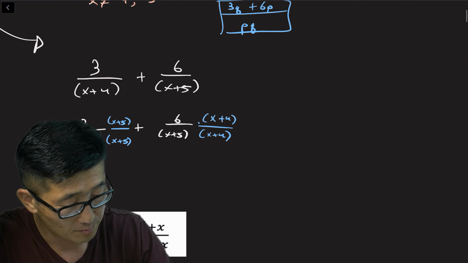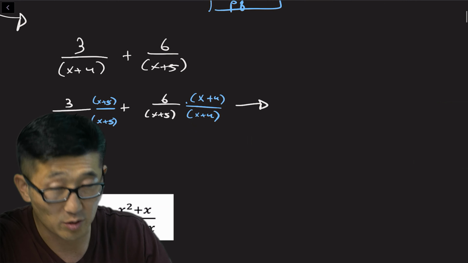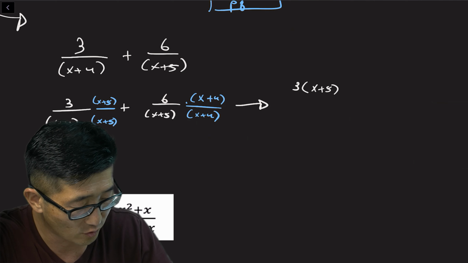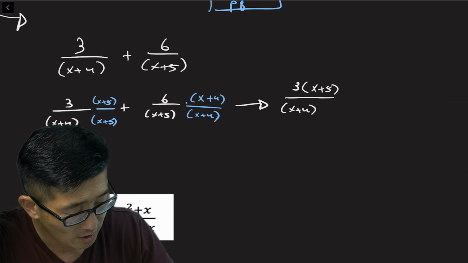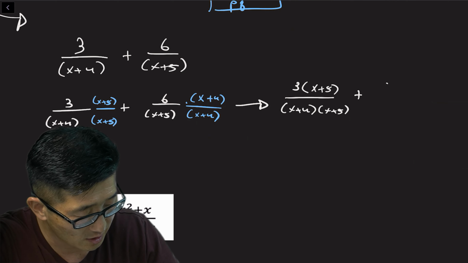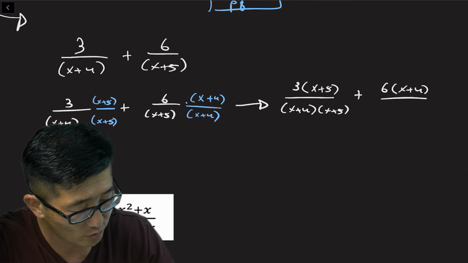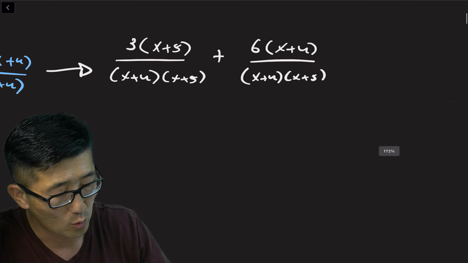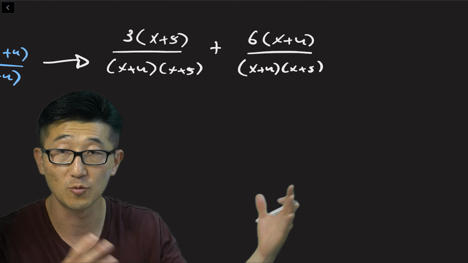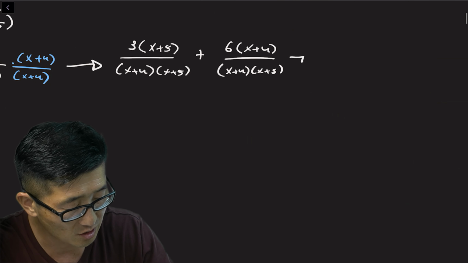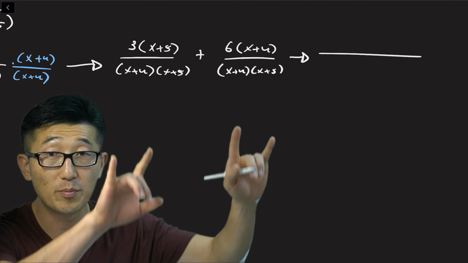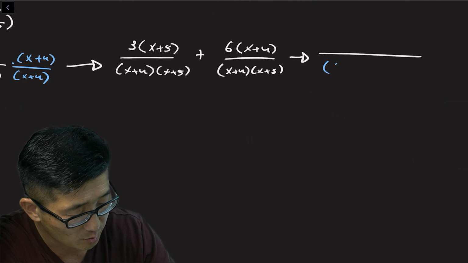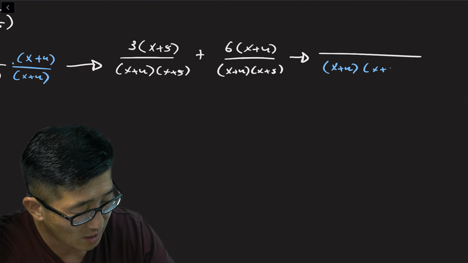Let me move to the right. And so what you're going to do is basically rewrite this as one fraction, 3 parentheses, x plus 5 over x plus 4, x plus 5, plus 6 parentheses, x plus 4 over, again, x plus 4, x plus 5. Once you have a common denominator, you combine the fractions into one single fraction. You don't repeat the denominator. I know some of you have done that. You just leave it the way it is, and you write x plus 4, x plus 5 on the bottom,